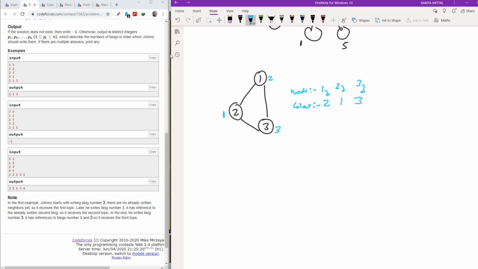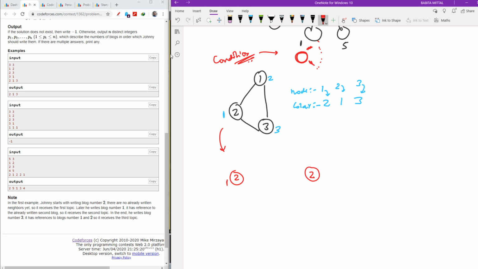So basically I have to print the order in which I have to write these blocks, so that the condition which was stated above, it follows. And what was the condition? It states that when I write a block, the nodes attached to it initially must have the value, the maximum smaller value which is not in its neighbors. So what I will do in this, I will start with node 2, its reference is 1 and it has no neighbors initially. Very fine.